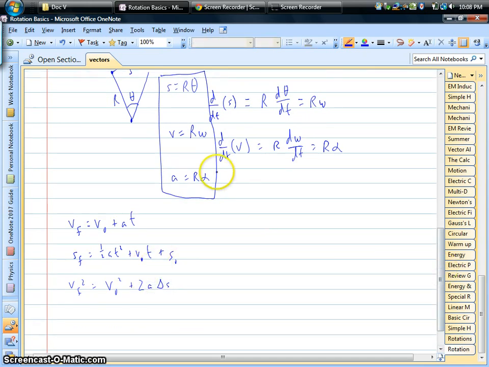Well, it turns out that you have exactly the same types of relationships in rotational motion. For example, if you imagine taking this velocity equation for linear motion, if you divide all three terms by radius, well, velocity divided by radius is angular velocity. And so if you have a constant angular acceleration, you have an angular velocity equation, you have an angular displacement equation,